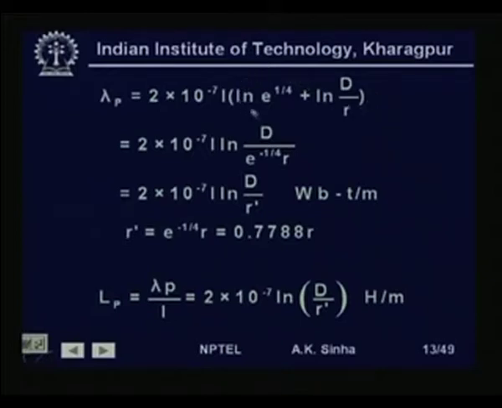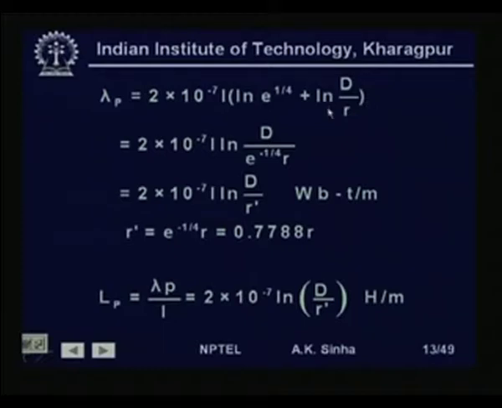This ln e to the power 1 by 4 term comes out because of the internal flux linkages, and we see this is independent of the radius of the conductor, whereas the other term comes out because of the